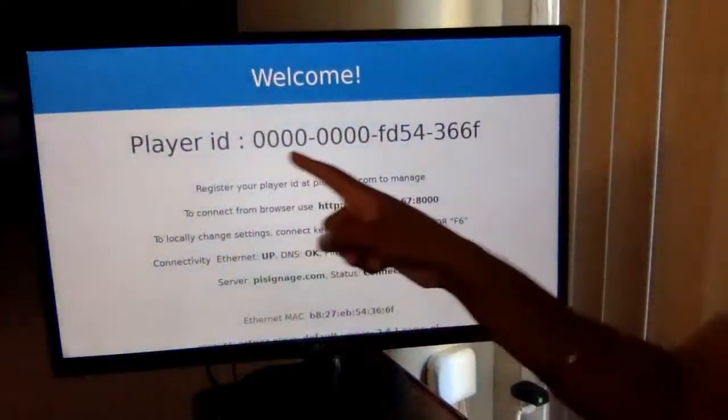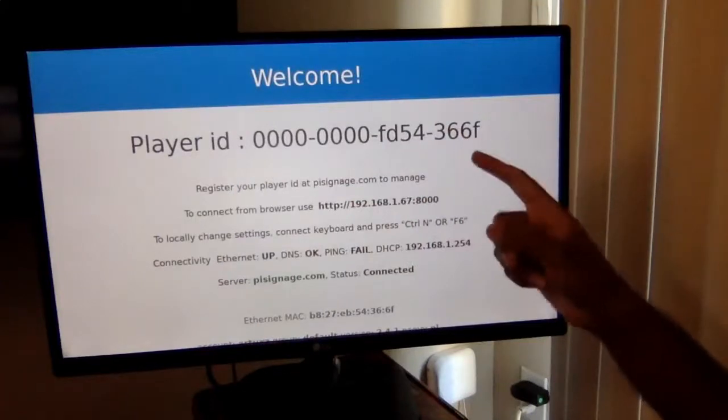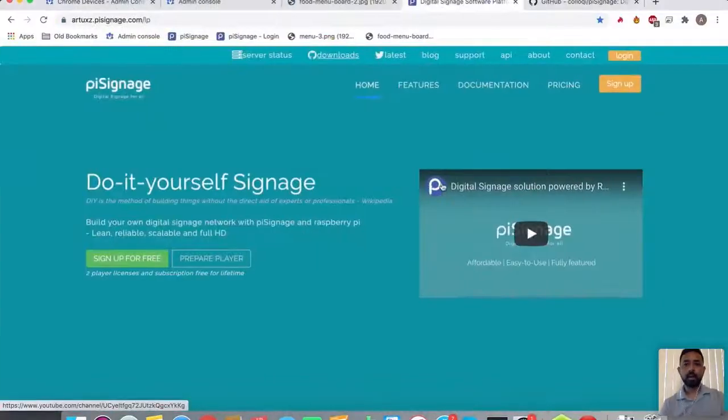So here now, you're seeing this. This is the player ID. We need to register the ID first on the Pi Signage website. I already created my account on Pi Signage, so I'm just going to log into the account.